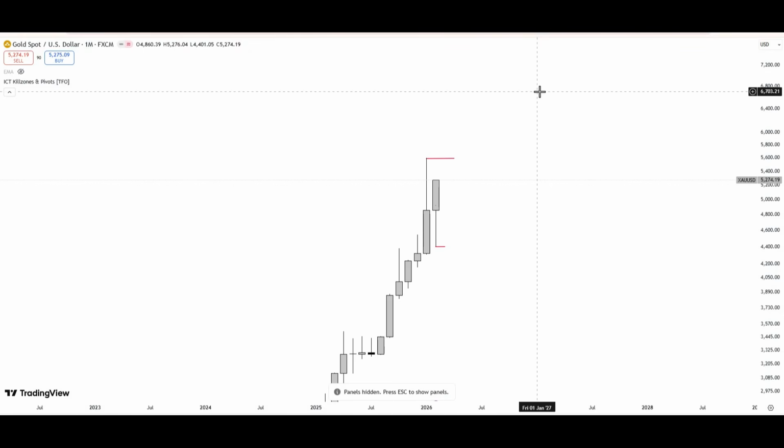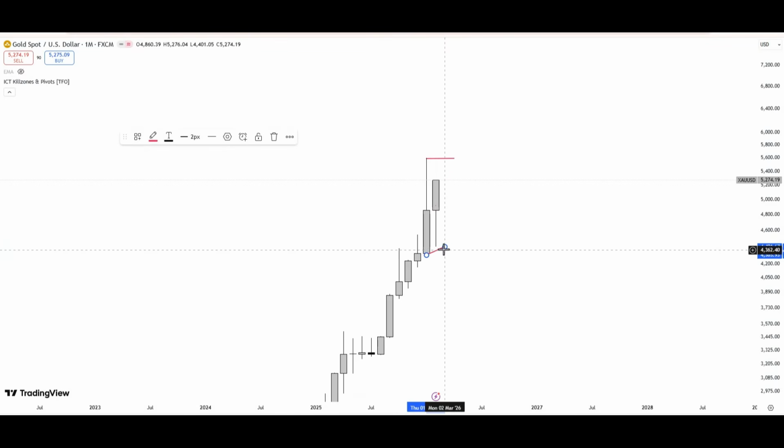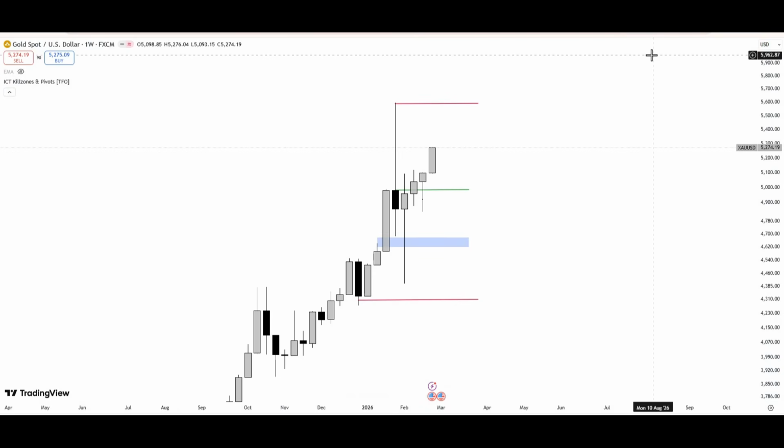So let's look at gold. You can see gold closed as an inside month, but it closed as a bullish inside candle. Did not take out previous month high and did not take out previous month low. So if we look at the weekly time frame, you can clearly see gold is bullish. We had tag of this bullish momentum, price tag this order block, and last week we had this bullish momentum. So if it continues with the bullish momentum, our draw of liquidity would be this previous month high.